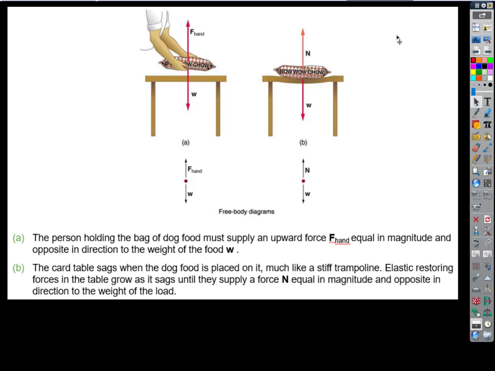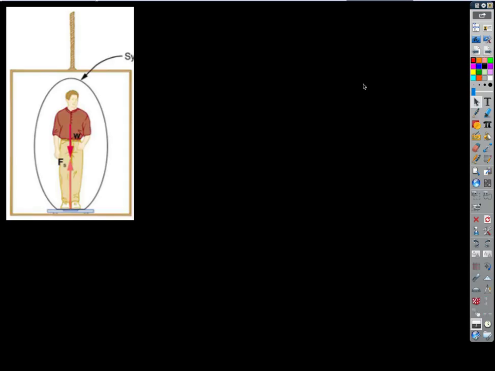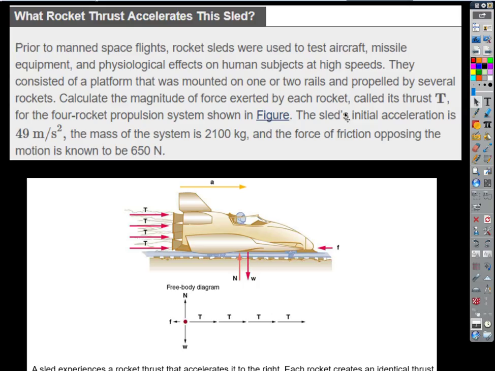But for all intents and purposes here, we can assume that the table is rigid. I mean, how do you define rigid? At some level, nothing is rigid, but on an everyday level, it stays pretty rigid, right? And it's bearing the force with that contact force. Okay, so let's look at another example then. Let's go to the next level here. Let's look at something like this guy. Okay, so